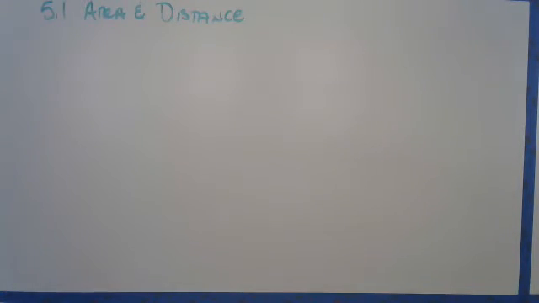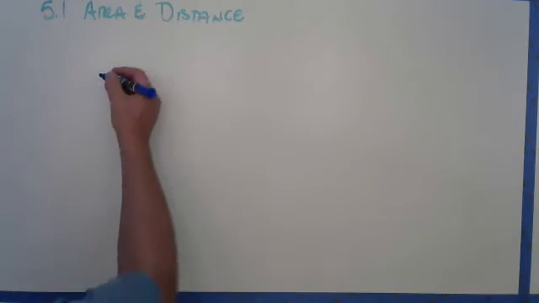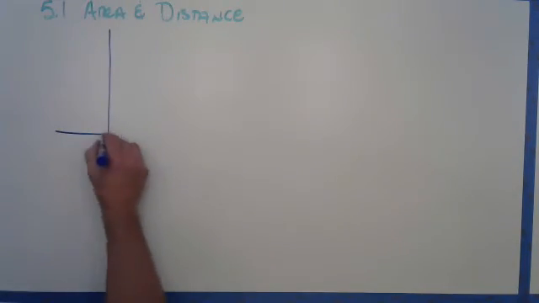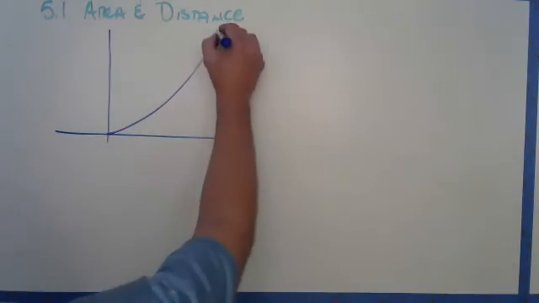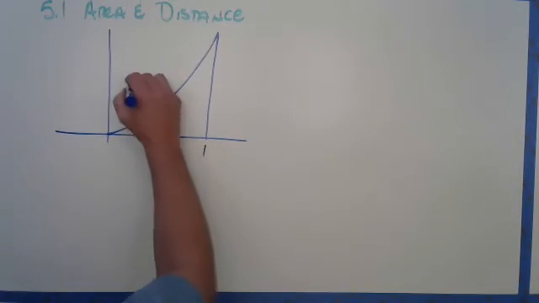Because as good as we are at finding area and distance, and we are solid at finding area and distance, we're only as good as the techniques we've been presented. And unfortunately for us, we have not been presented all the techniques. We've been presented the Euclidean geometric approach to area and the Euclidean geometric approach to distance. What we've not been asked to find or consider or even think about are things like something as simple as